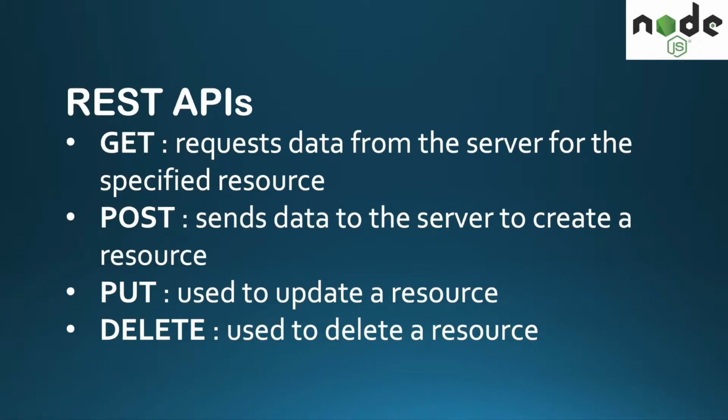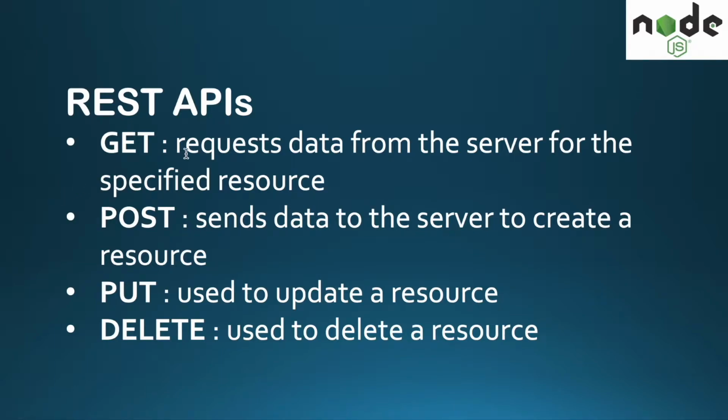Next, typically the way the communication between the backend and the front end, say a React application or a web application on the front end talks to the server, is through REST APIs. And there are four typical kinds of APIs: get, post, put, delete. And these are the APIs that we will implement in our Node server so that we can use it.